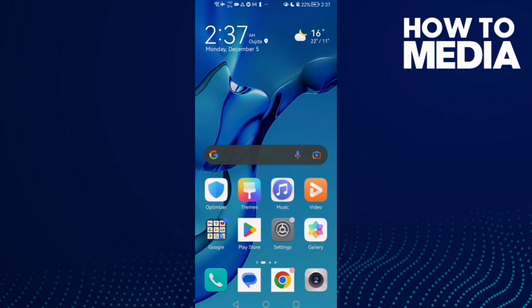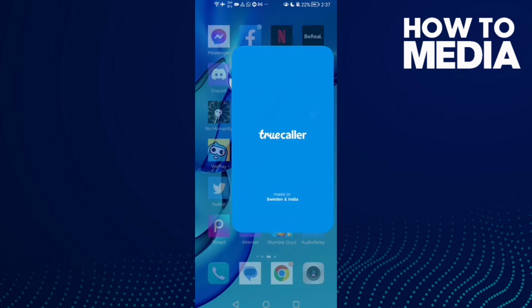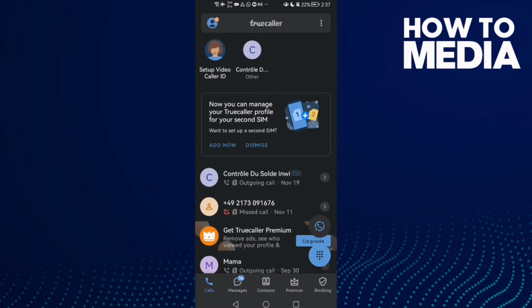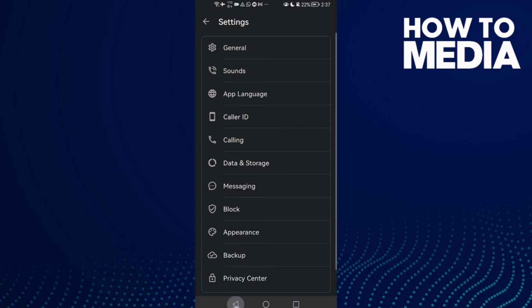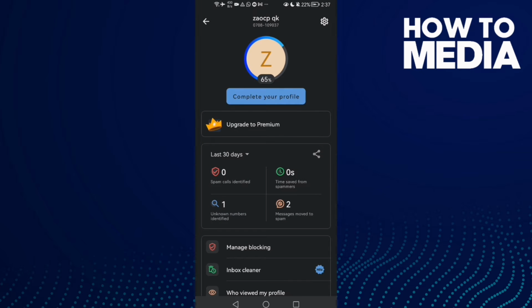First open Truecaller and then click on your profile here. Now click settings, click complete your profile